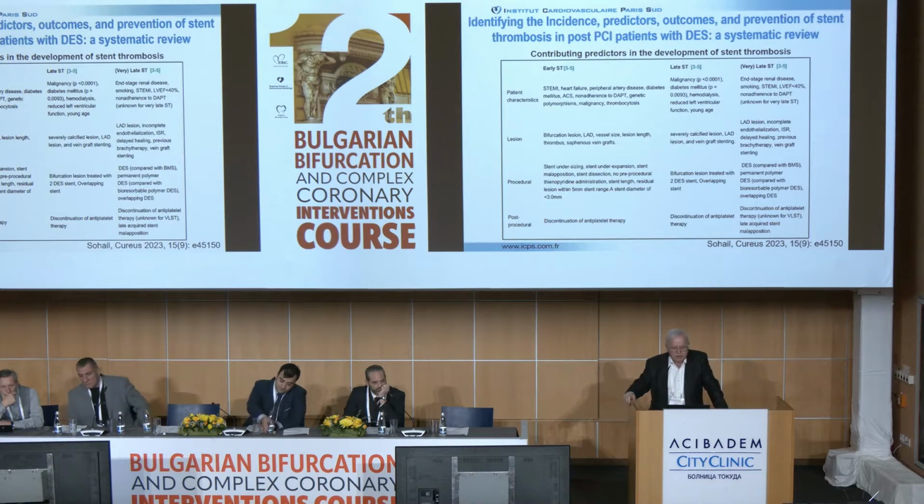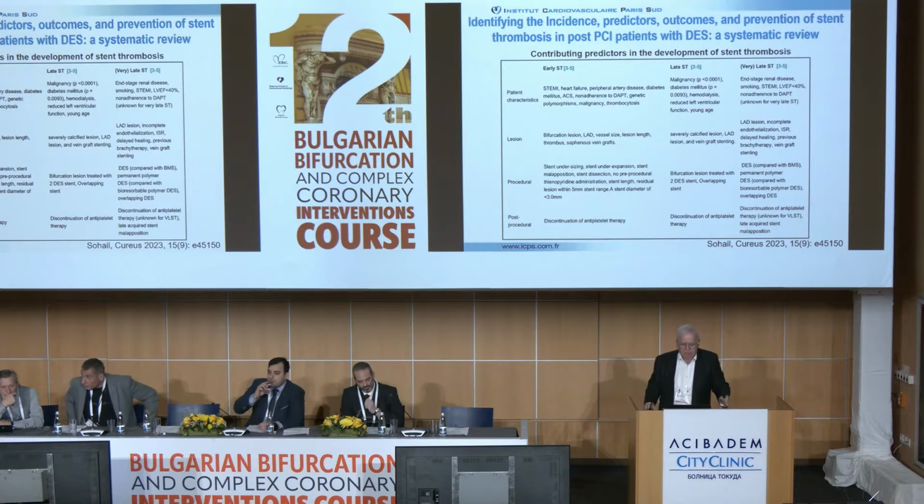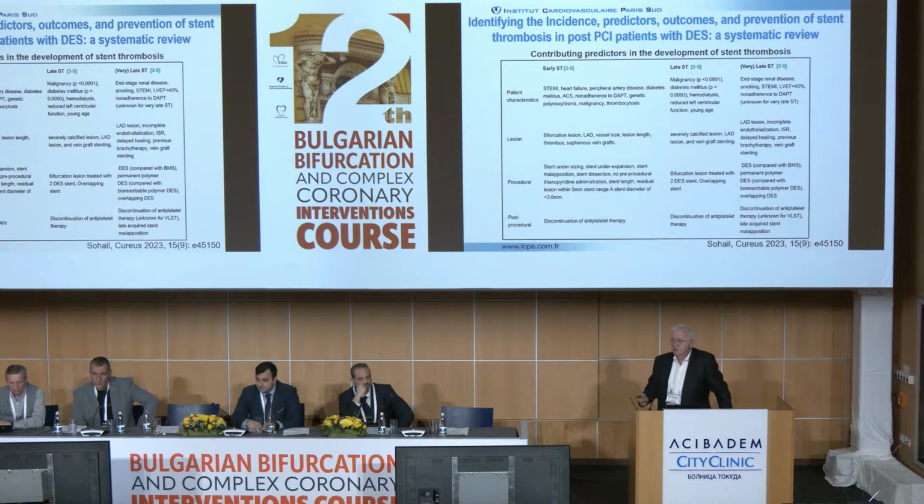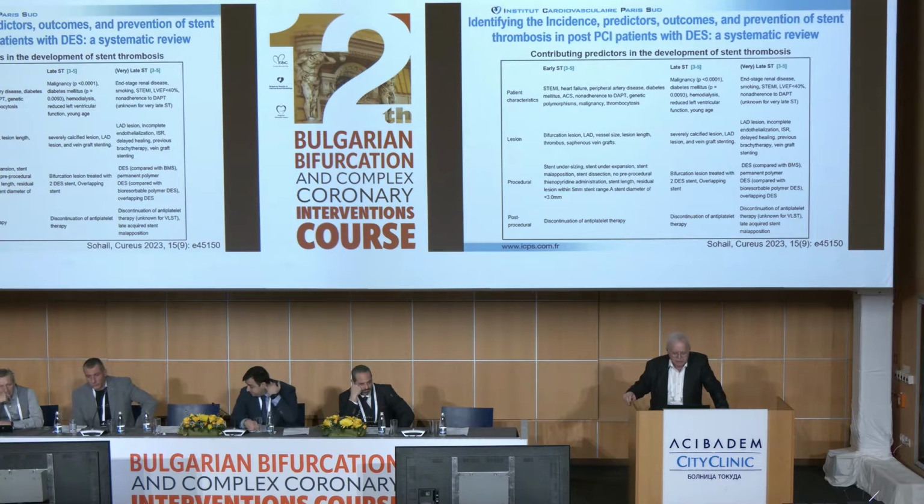Here are the contributors in the development of stent thrombosis. There are many, of course, so I will try to give some. End-stage renal disease is known, of course, smoking, STEMI, left ventricular ejection fraction less than 40%, non-adherence to antithrombotic treatment. This is very easy to understand. After that, the lesion: LAD lesion, incomplete endothelialization, in-stent restenosis, delayed healing, and previous brachytherapy, which is part of the before DES era,